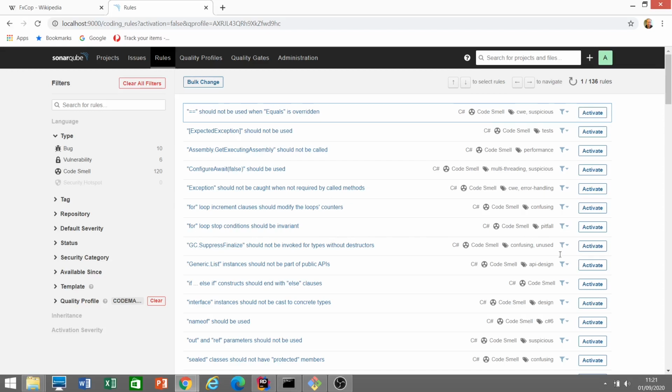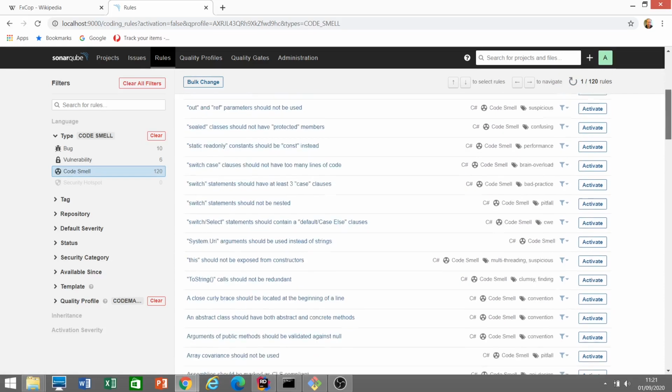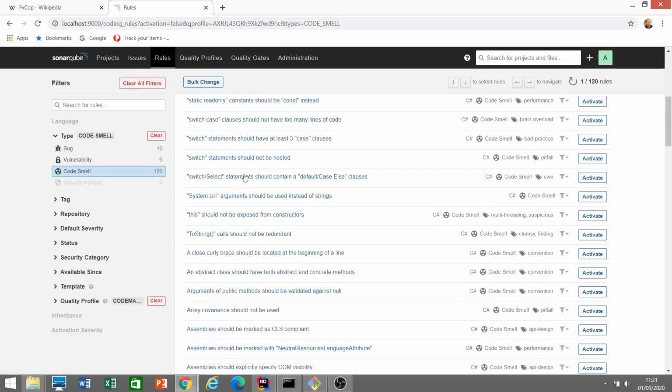Take a look at an example. Let's just go for code smells. Very interested in looking for code smells, so a whole bunch of code smells there. Switch statement should not be nested, I totally agree with that. So we can activate that rule,